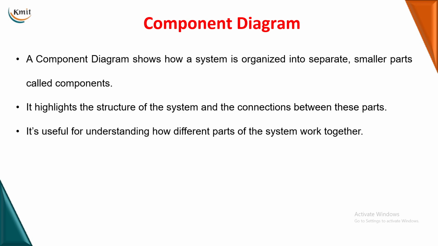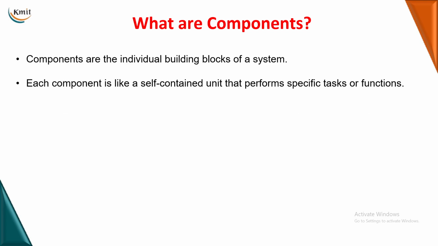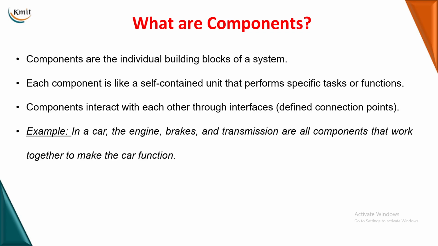Okay, so we will be understanding how individual parts of your particular system are brought together and how they work together. That is called the component diagram. Now, what exactly is a component? A component is basically an individual block of the system that you are developing. For example, if you take a car, what will be the components of the car? Engine, brake, clutches, the headlights, all these are nothing but the various components of the car. All of them are brought together, connected together, and only then is a car able to work properly. Okay, so this pictorial representation is called a component diagram.